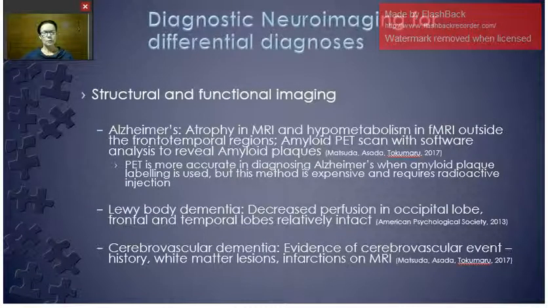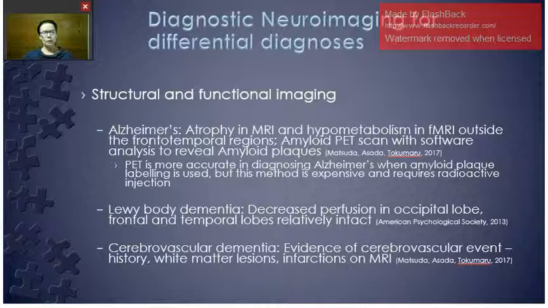So the structural and functional MRIs are also useful to differentiate other etiologies. In Alzheimer's, we're looking for atrophy or hypometabolism outside of the frontotemporal regions. And we can also run a specific amyloid PET scan, which will help us identify amyloid plaques that are present in Alzheimer's but not in frontotemporal